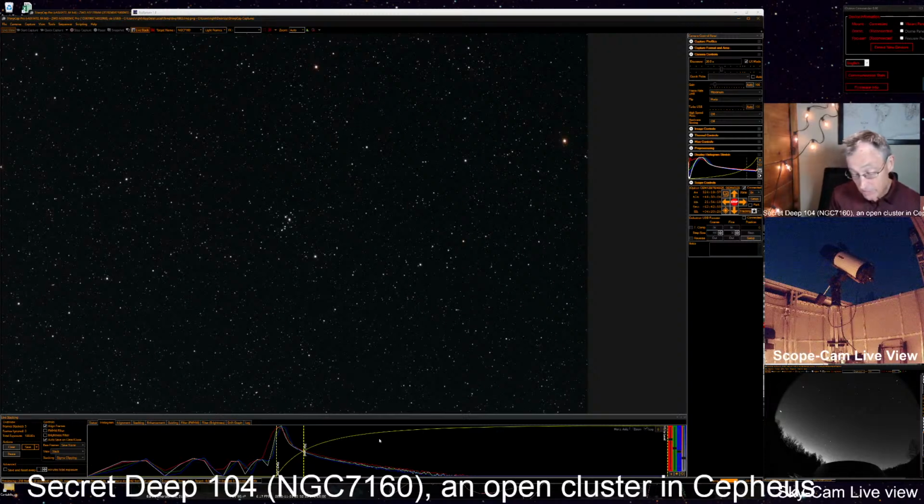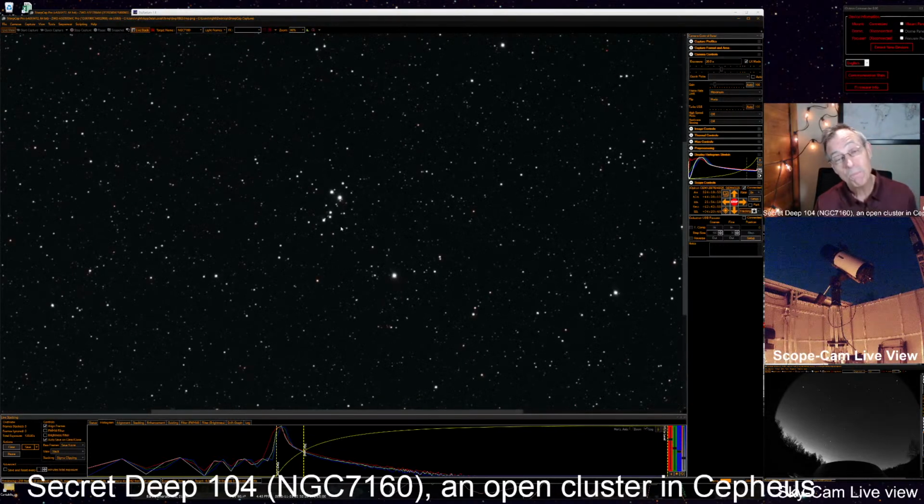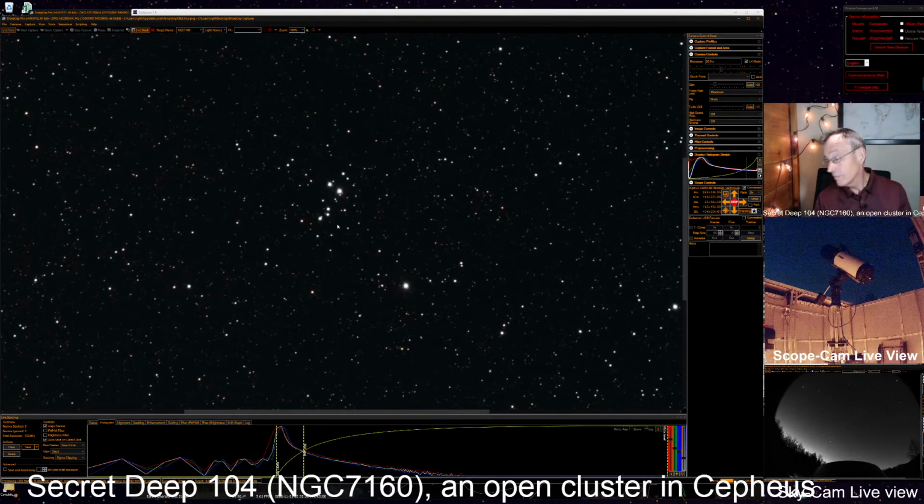It reminded Stephen James O'Meara of a larger version of a Y-shaped asterism. Well, I don't know, guys. Do you see a Y in there? I'm not sure if it's...